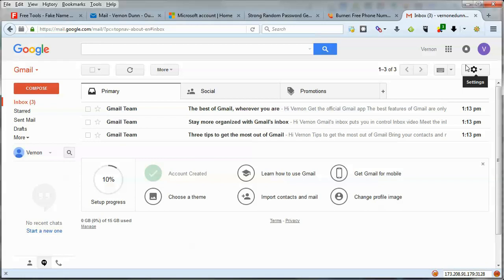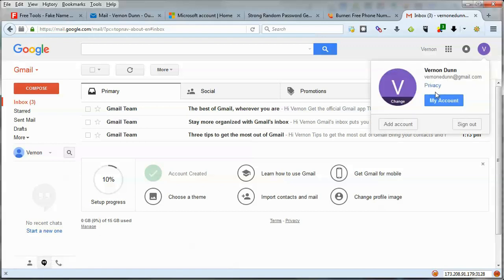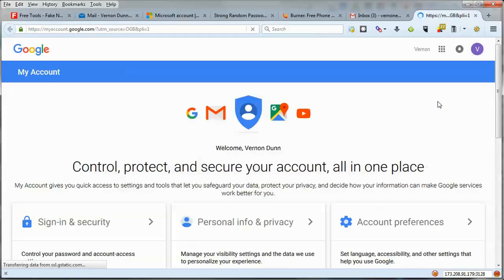And to do that, for those of you watching the webcam video right now, I just want to show that the Burner app works, which I'm going to show you here in just a moment. So just bear with me. For the screencast video, go up to the top right corner and click where the name is, the profile icon, which we haven't added the profile image to yet. If you click on that and go to My Account, that's going to take you to myaccount.google.com,